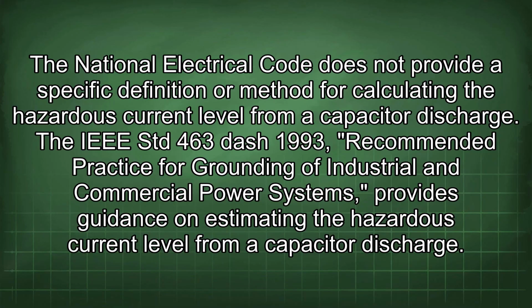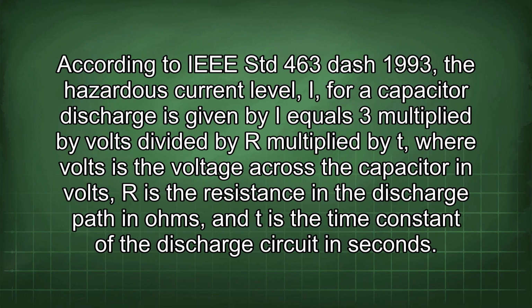The National Electrical Code does not provide a specific definition or method for calculating the hazardous current level from a capacitor discharge. The IEEE STD 463-1993, Recommended Practice for Grounding of Industrial and Commercial Power Systems, provides guidance on estimating the hazardous current level from a capacitor discharge. According to IEEE STD 463-1993, the hazardous current level, I, for a capacitor discharge is given by I equals 3 multiplied by volts divided by R multiplied by T,